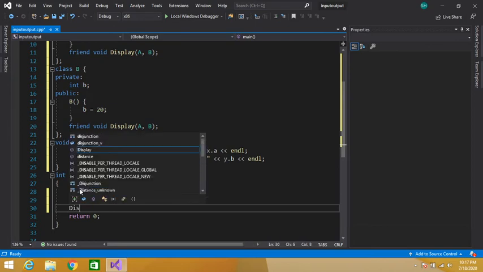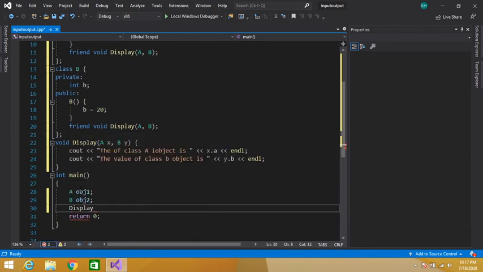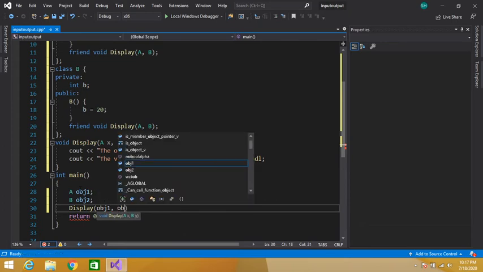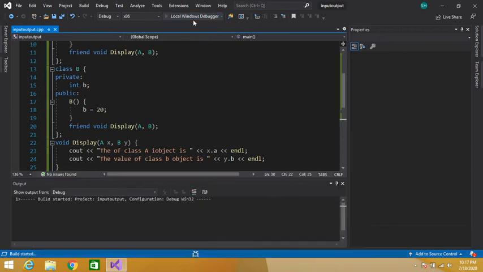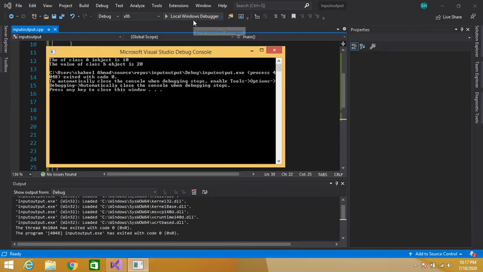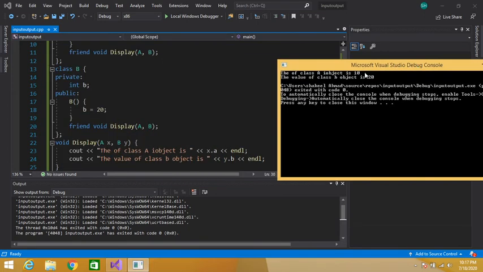Simply write the name of our display function, display, then we pass these two objects, obj1, obj2. Okay, let's execute this program. So the value of class A object is 10 and the value of class B object is 20. So notice 20 and 10.